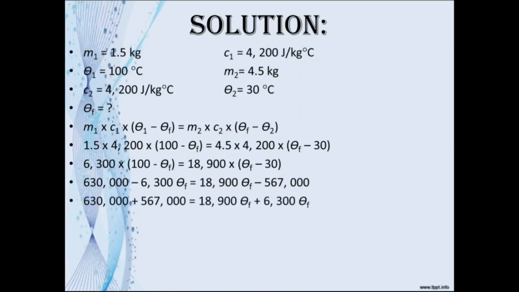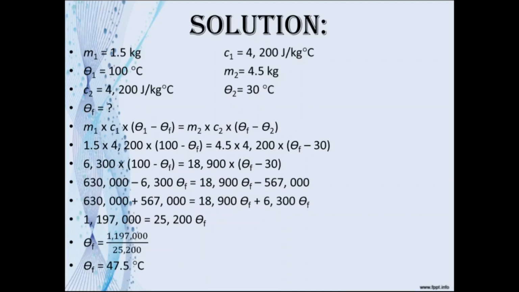Transposing, we'll have 630,000 plus 567,000 equals 18,900 θf plus 6,300 θf. Adding, we get 1,197,000 is equal to 25,200 θf. So θf would be 1,197,000 divided by 25,200, which would give you 47.5 degrees Celsius. So it would be a nice warm temperature of 47.5 degrees Celsius that Zakia is used to when bathing with